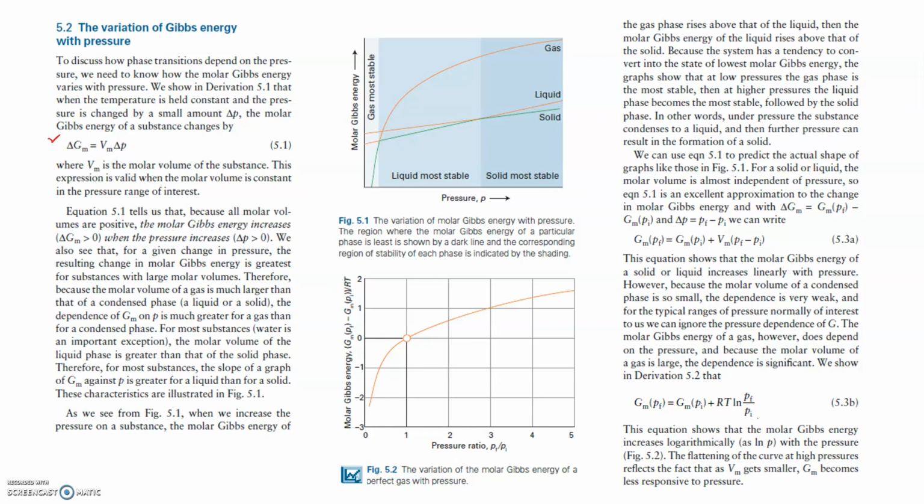So, for context, we show in derivation 5.1 in the text that when the temperature is held constant and the pressure is changed by a small amount, delta P, the molar Gibbs energy of a substance changes by the following quantity, where the change in molar Gibbs energy, delta Gm, equals the molar volume times that change in pressure. This expression is valid when molar volume is constant in the pressure range of interest. What this equation tells us is that because all molar volumes are positive, the molar Gibbs energy increases when pressure increases. We also see that for a given change in pressure, the resulting change in molar Gibbs energy is greatest for substances